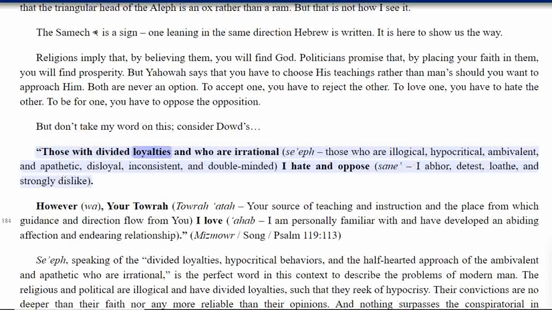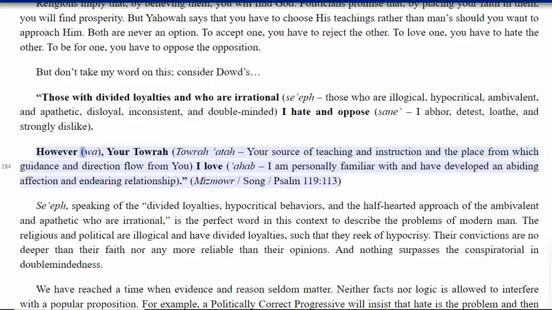Those with divided loyalties and who are irrational, Sehphym, those who are illogical, hypocritical, ambivalent, and apathetic, disloyal, inconsistent, and double-minded, I hate and oppose, saying, I abhor, detest, loathe, and strongly dislike. However, your Torah, Torah Atah, your source of teaching and instruction and the place from which guidance and direction flow from you, I love, Ahab, I am personally familiar with and have developed an abiding affection, and endearing relationship. Mizmowr, Song, Psalm